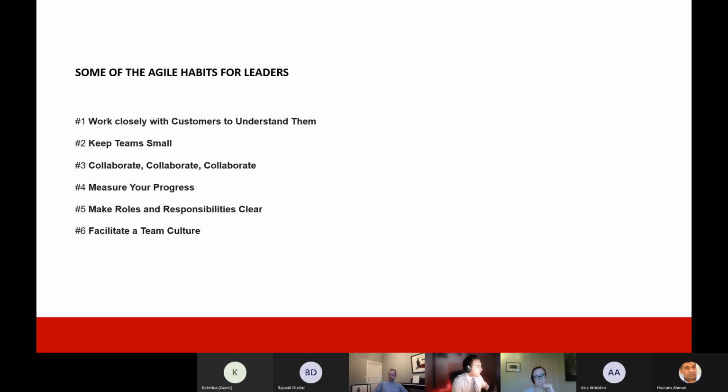So the first habit for agile leaders is to work closely with customers to understand them. The second one is to keep the team small. The third one is collaborate. The fourth one is measure your progress. The fifth one is make roles and responsibilities clear.